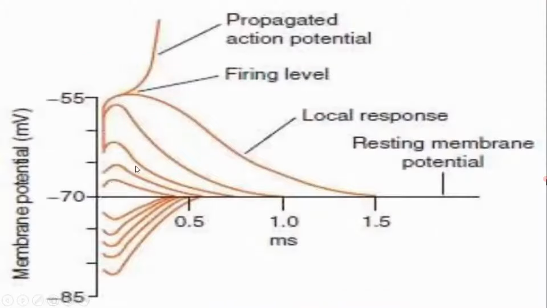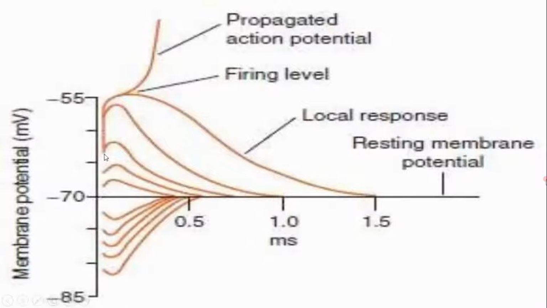Now, if a small current is injected into the tissue, what do you see? There is a rise in the membrane potential, but that is not enough to generate an action potential. This is a neuron. So initially the resting membrane potential was minus 70 millivolt. For the first 7 millivolt, there is electrotonic conduction. Only a flow of current is responsible for this. There is no opening of channels out here. The membrane doesn't start participating till now.